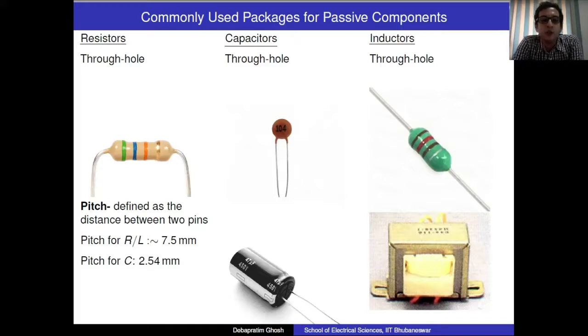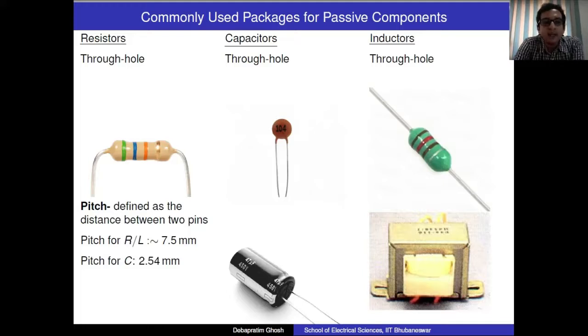So this is something which you have seen many times in your labs. These are the diagrams of resistors, capacitors and inductors, which are easily used on the breadboard. But what you see over here is these have two pins which are normally inserted into the breadboard, and these kind of packages are called through-hole packages,